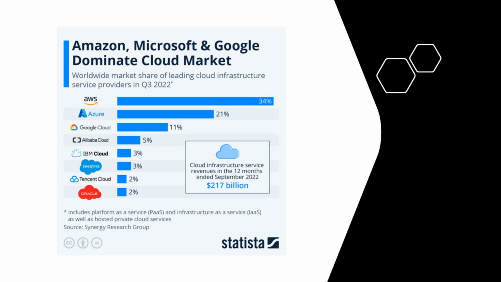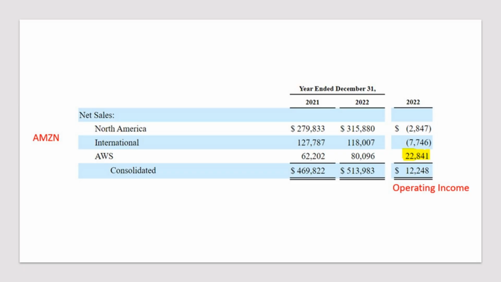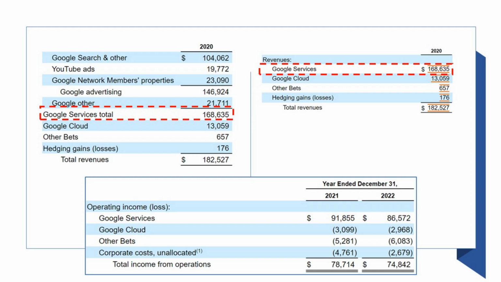What's interesting when you look at Amazon is that their segment for cloud is actually generating a lot of operating income relative to their other business segments, even though it brings in the minority of revenues. You can see that here on this table. So going back to Google's expenditures or operating loss on this segment, you can see, and you would see this in prior years as well, that Google Cloud is actually decreasing their losses over time. So that's good. Eventually it will be profitable, and that's how some of these businesses operate.